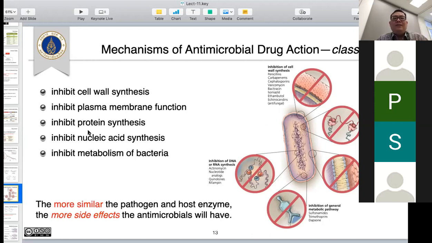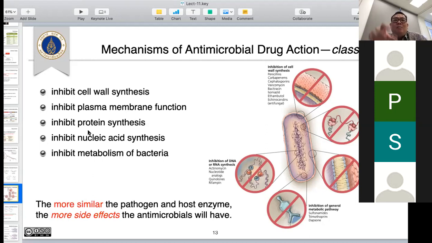So in this case, these five are quite effective, I would say, but at different levels. Drugs that inhibit cell wall biosynthesis are very good because humans don't have a cell wall. You can dump a lot of drug with not very high toxicity to humans. Okay, protein synthesis is another good target because